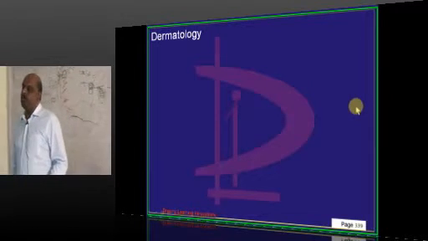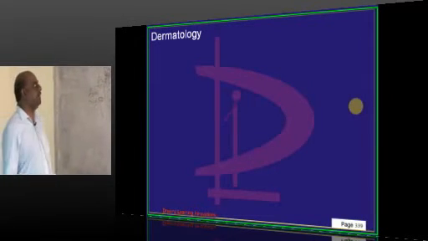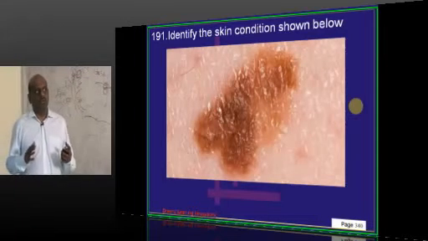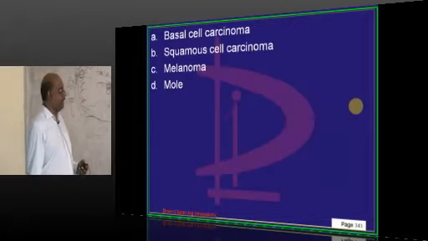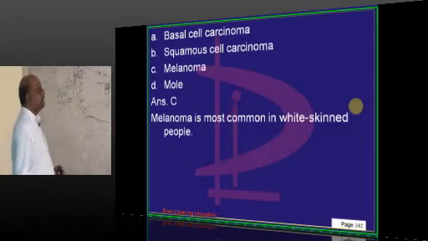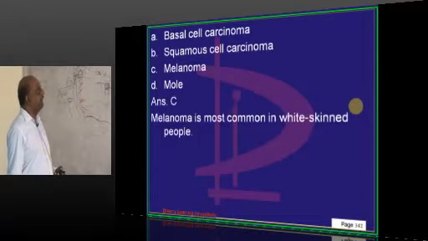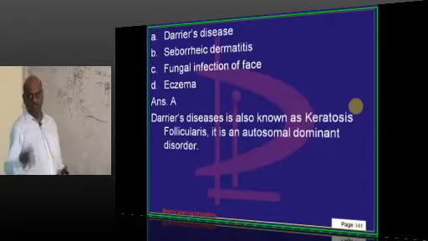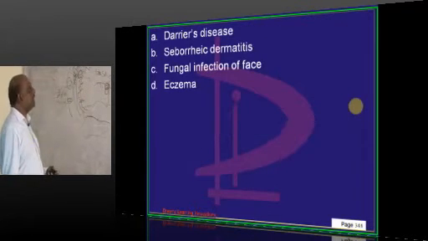So let's continue our NEET PG 2017 question papers. What is the skin condition typically which is being shown? It's a case of melanoma, which is the most common in the white skin people, and this is an example of seborrheic dermatitis. It is more common in the patients who are having